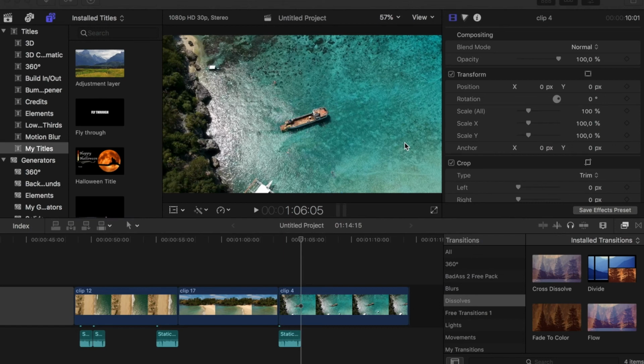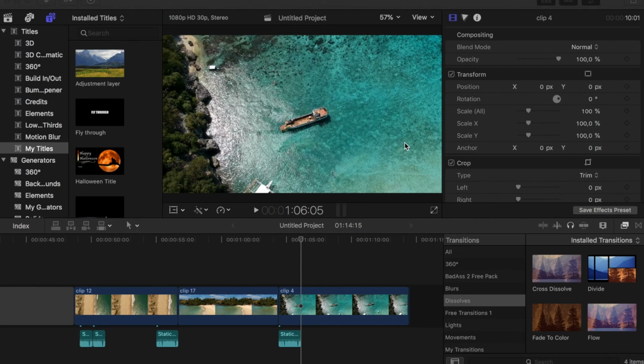So once you've popped the effects and transitions into the appropriate Motion templates folder, and if you are new to installing plugins into Final Cut Pro, I'm going to upload a video on how to do it, because a few people have asked me how to do it. So I'll upload a video in the next couple of days, and I'll add the link to the bottom of this video. Okay, so now let's pop into Final Cut Pro